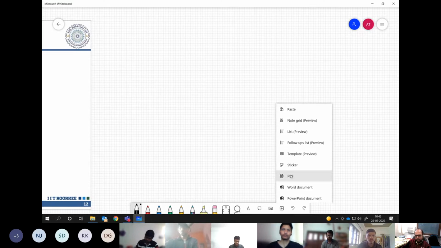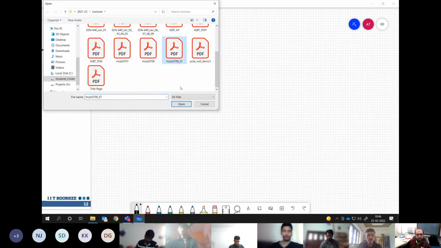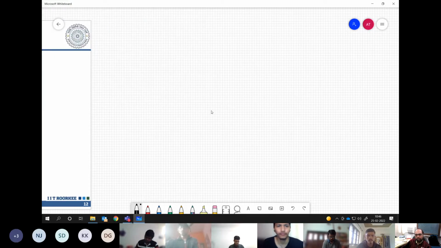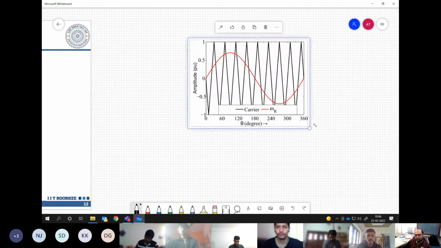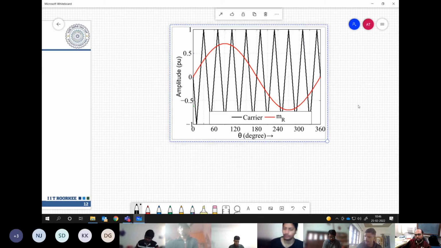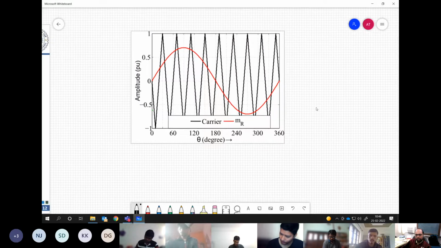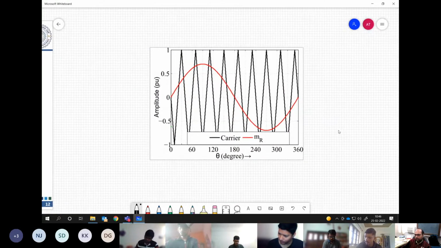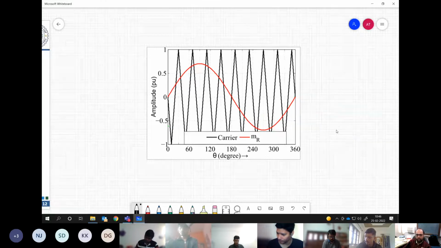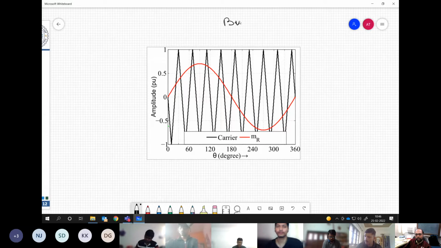Maybe one more I will talk about, which is basically called the bus clamping PWM. Now bus clamping PWM is more related to reducing the switching losses, reducing the switching frequency effectively. To improve the switching losses, we have to reduce the switching frequency. So what is suggested in bus clamping PWM,